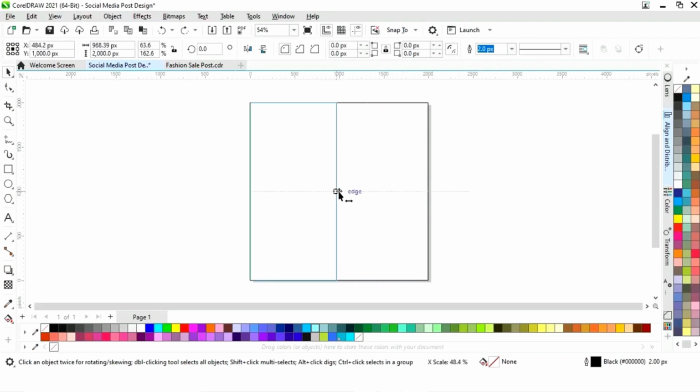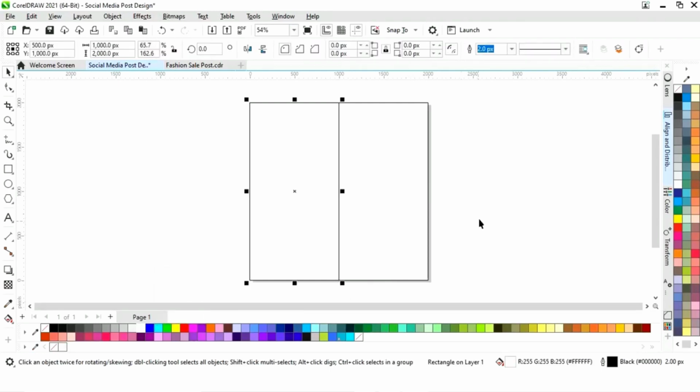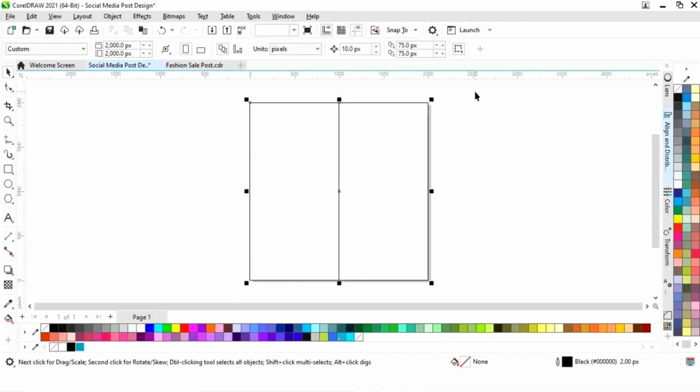Now we will drag this square like this and we will right click to make a copy in the center of the square. Now we will adjust the size of the square. Now we have these two rectangles. Now first we will select this and we will fill white color. Now we will select both